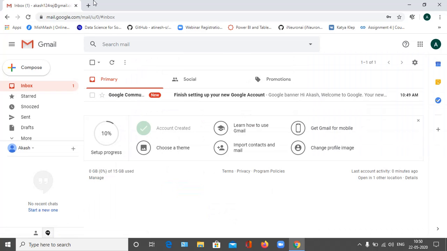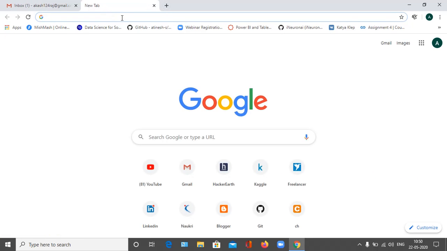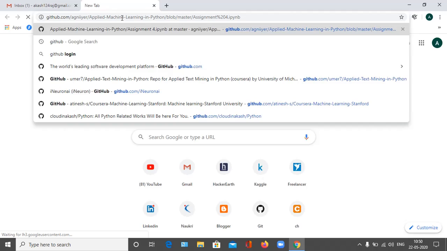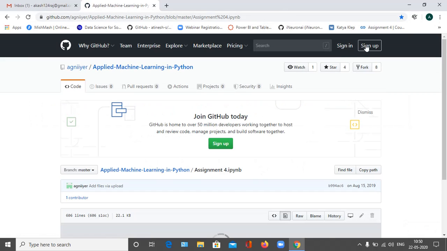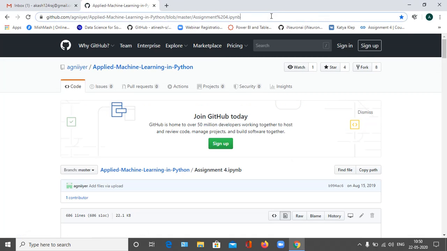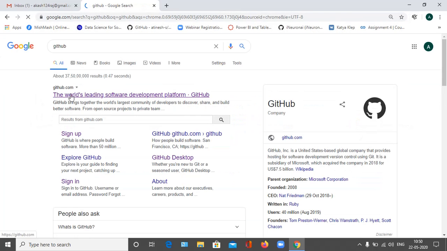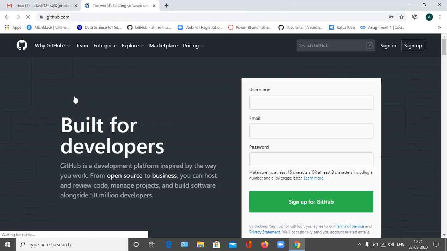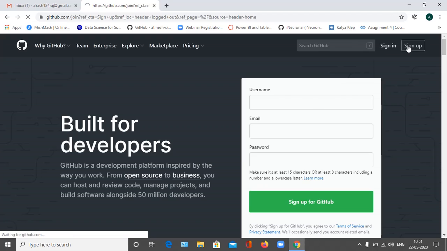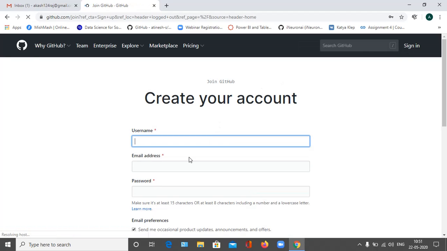Now we are going to create a GitHub account. For that we have to go to the GitHub website and click on sign up. We have to enter a username here. I'm entering the same as my mail address. I'm entering my mail address.